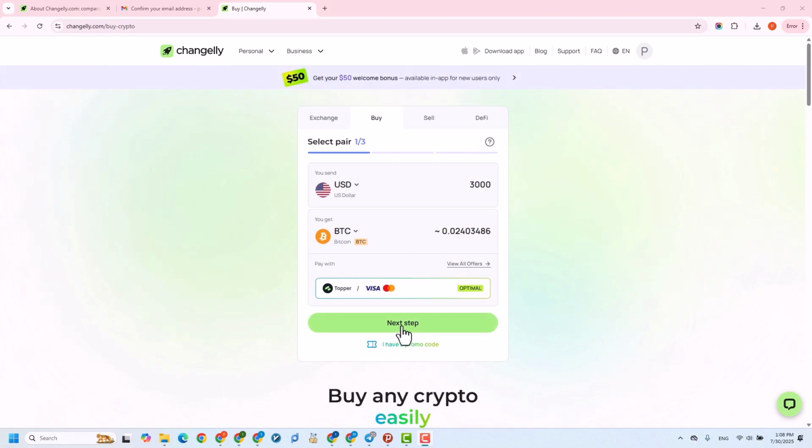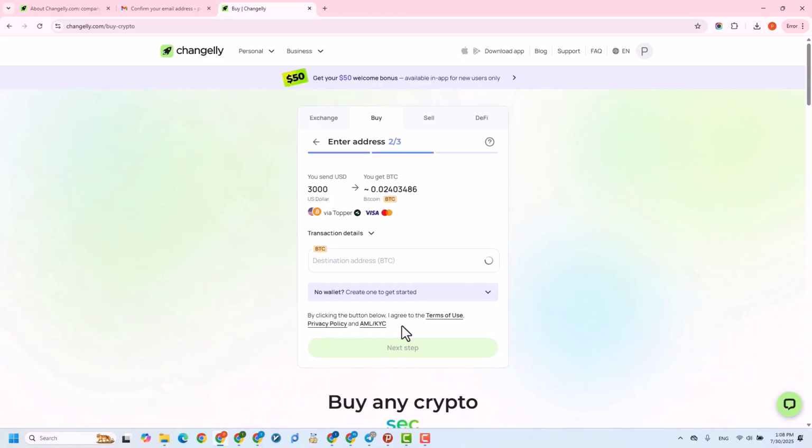By clicking on Next Step, we move on to the next stage of our purchase. In the second step, you need to enter your bank card information, email, and the destination wallet address. After entering this information, you'll proceed to the payment stage, where you'll input your details, confirm everything, and check the